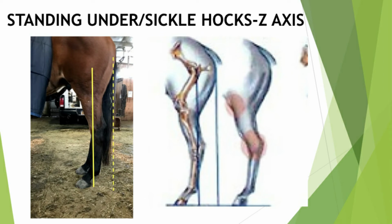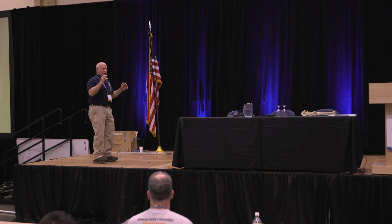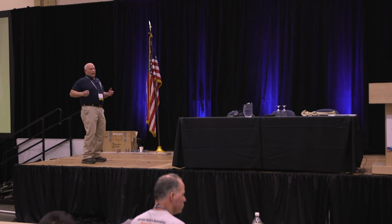how the plumb line is behind the buttocks, and how you've got a lot of mass behind the horse that's coming down. And this horse basically is falling backwards. These horses won't load their feet. Even if you ask them to, a good rider pulls them back there, and now the horse is going to